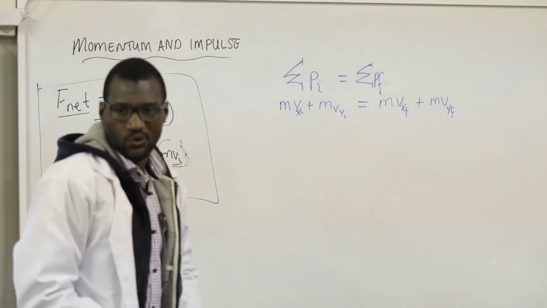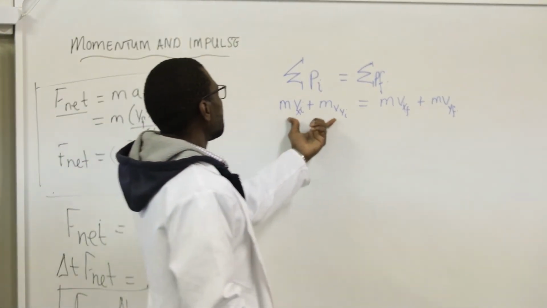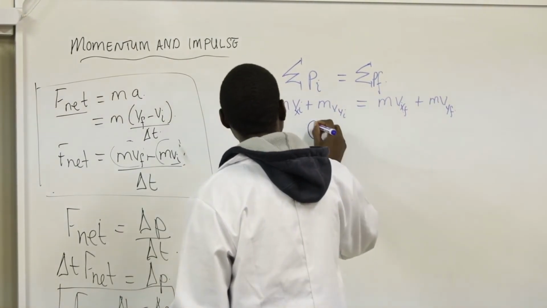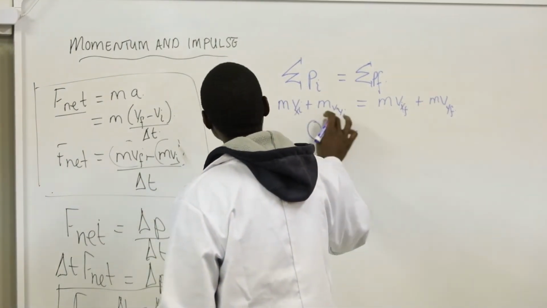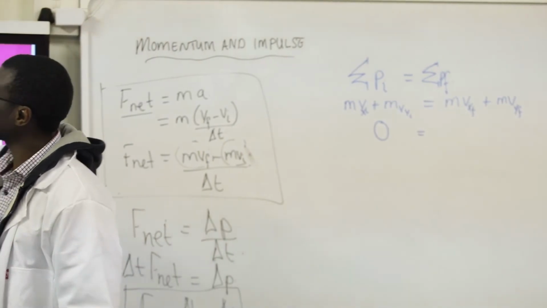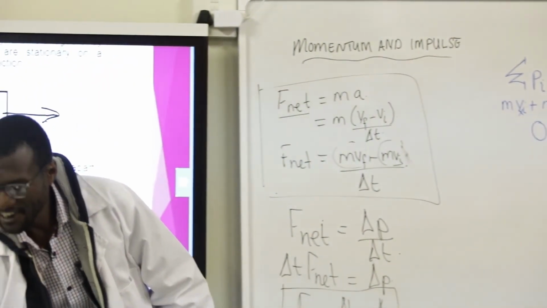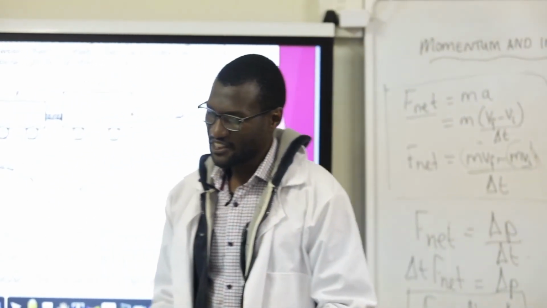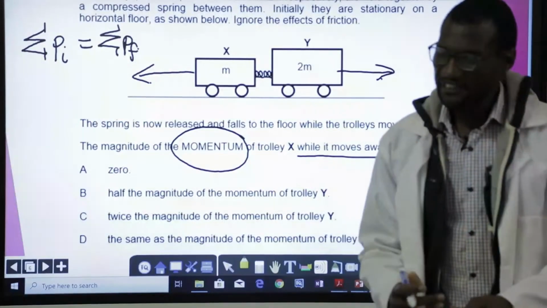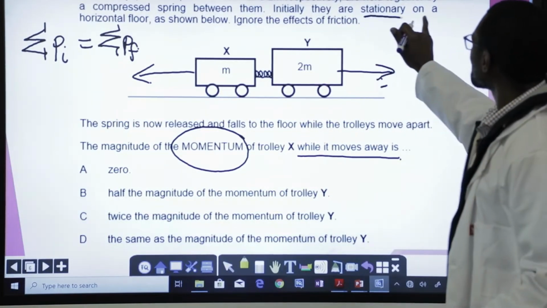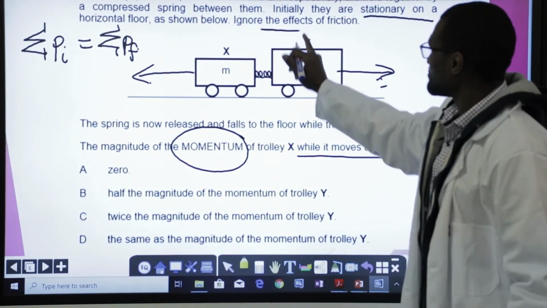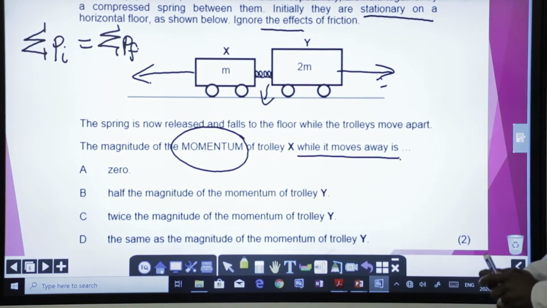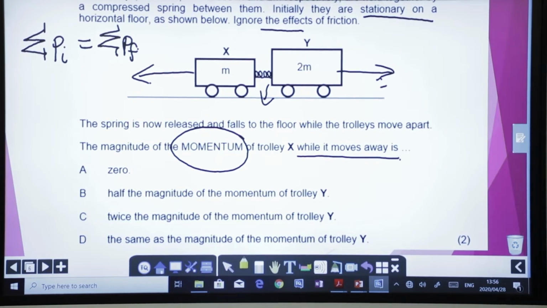What do I know about the initial momentum? The initial momentum is 0. Why is it 0? Because they are not moving. The question says they are stationary. They are at a standstill. They are at rest before, they are initially stationary, right? Before the spring has been released. Okay? So, what